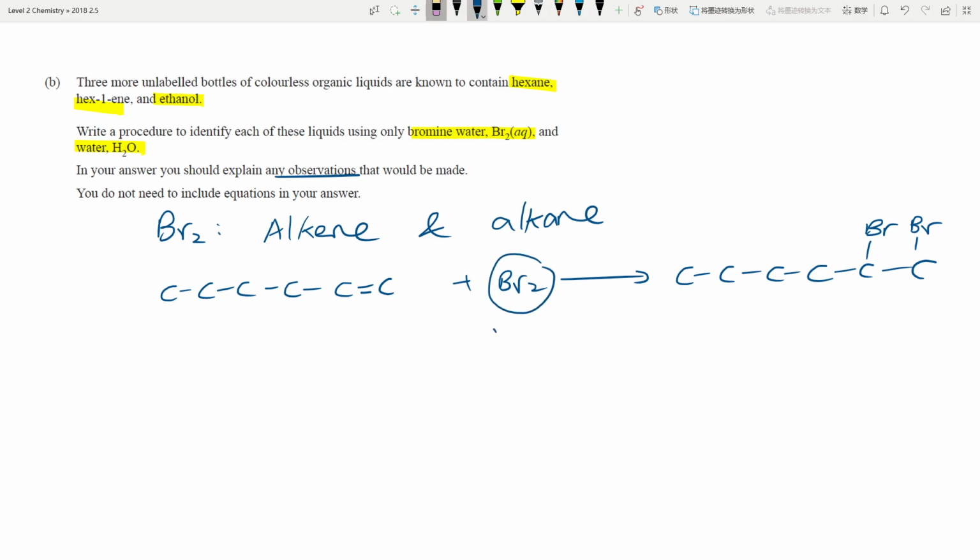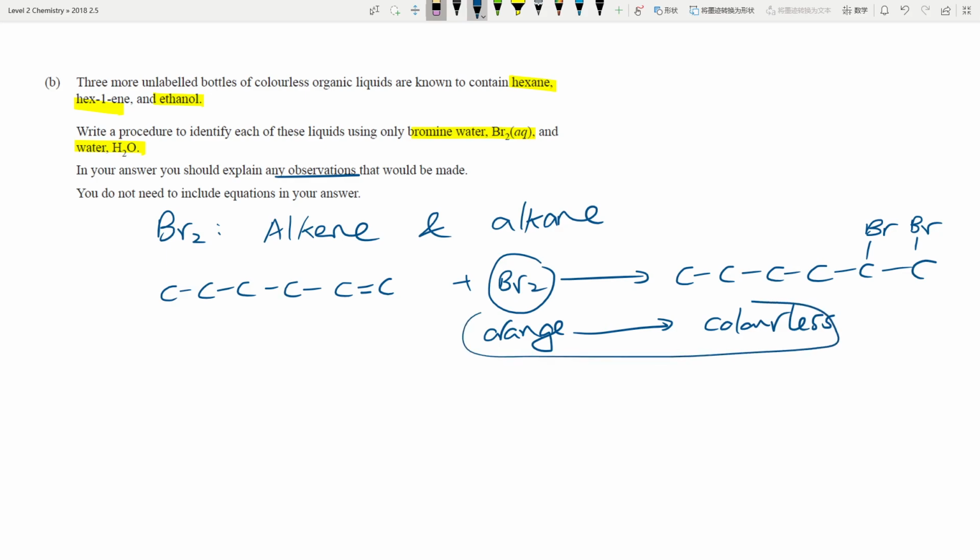This bromine water here is orange or brown, and then this will undergo a color change from orange to colorless straight away. Okay, so this is a very fast reaction. This color change occurs straight away, very fast. Now if you have an alkane,